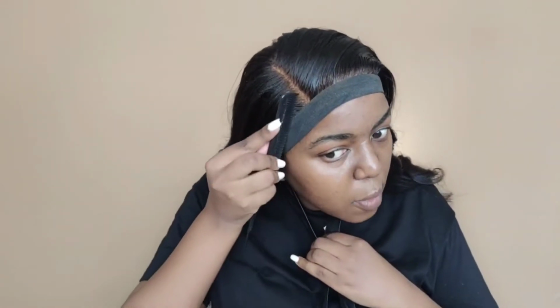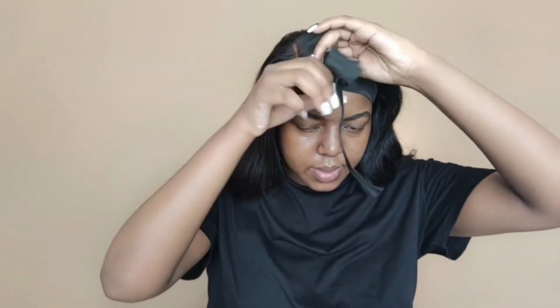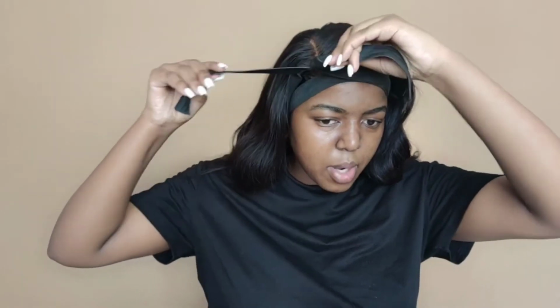Then I'll bring it in front and tie it again. So making sure that the hair is flowing in the direction that you want, which I want this hair to flow this way. And then I would tie it, and I'm not putting it in front, I'm not putting it on top, I'm putting it a little bit backwards, okay? So this front part can be flat, right? And then I aim to tie it by my parting,